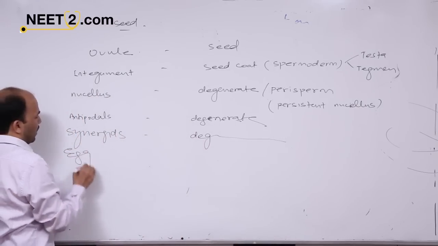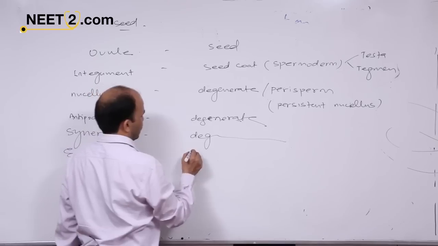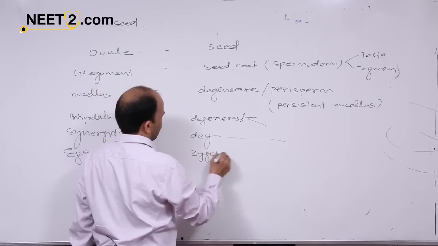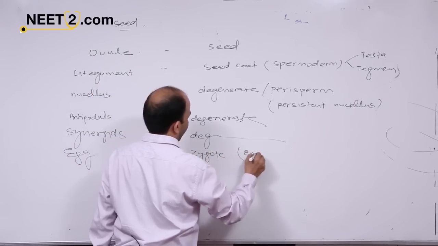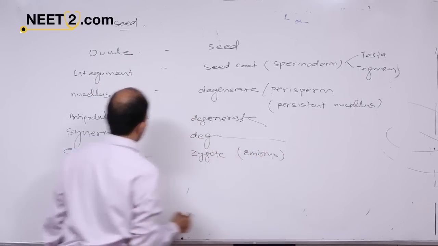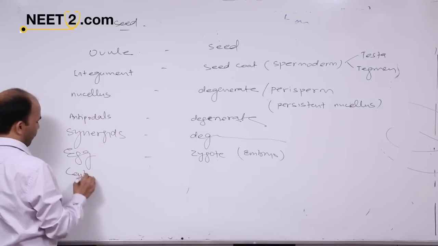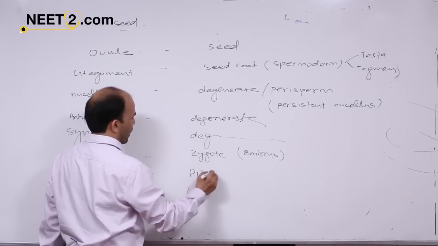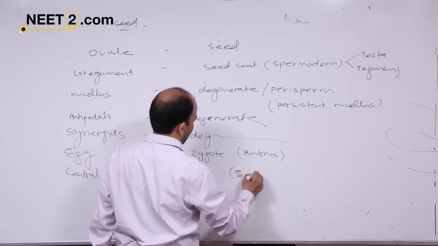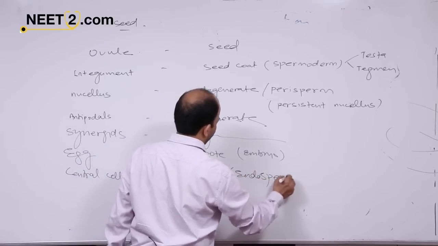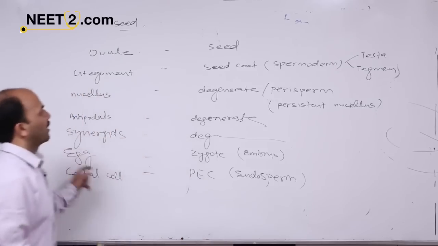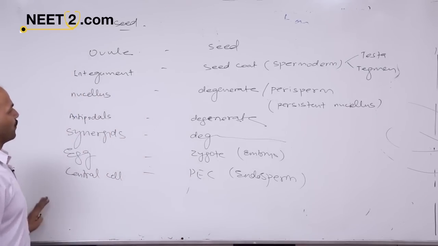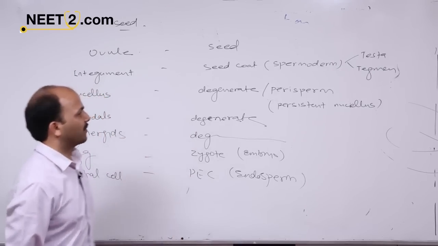The egg cell develops into the zygote. That zygote develops into embryo. Central cell produces the primary endosperm cell, and primary endosperm produces the endosperm. These are the fates of different components of the ovule. These are before fertilization, these are after fertilization,